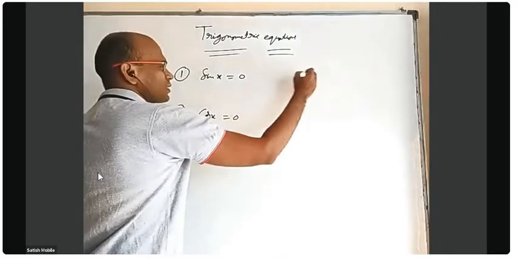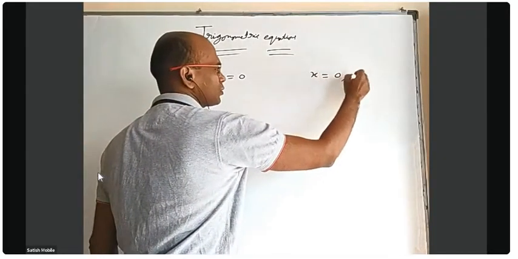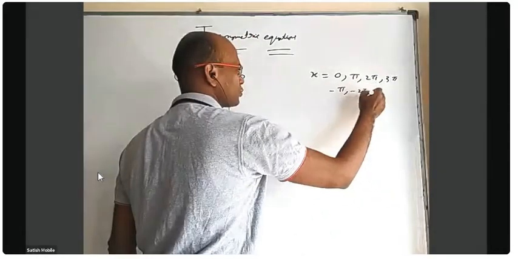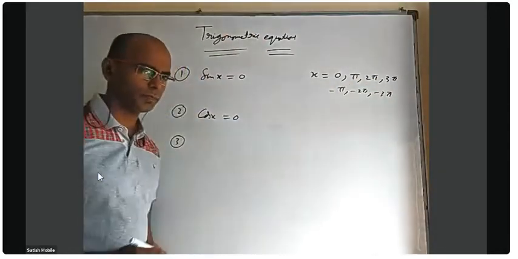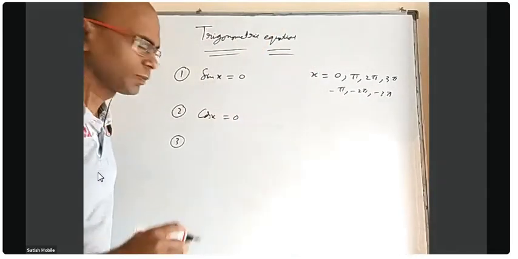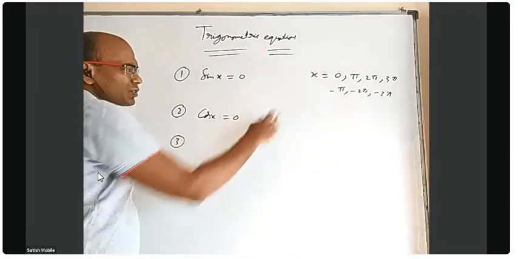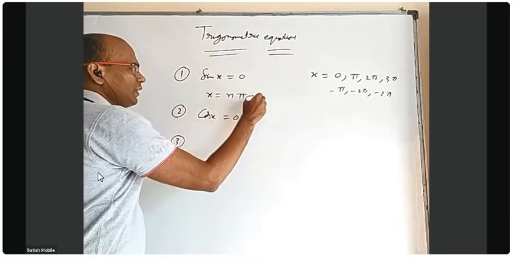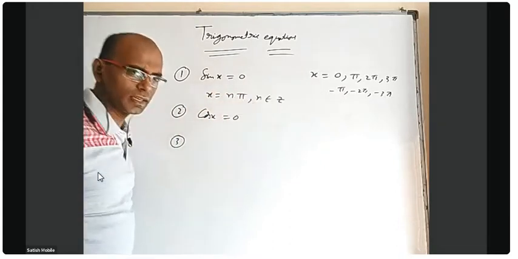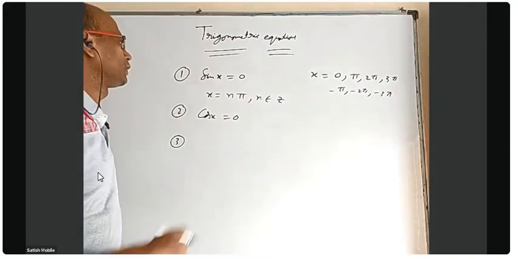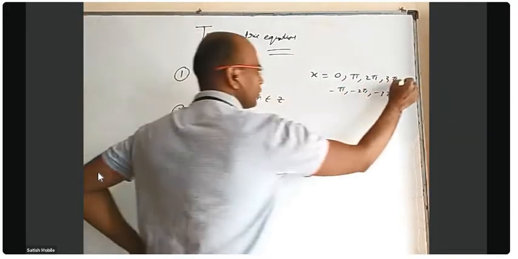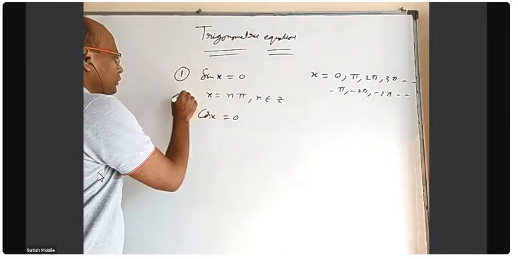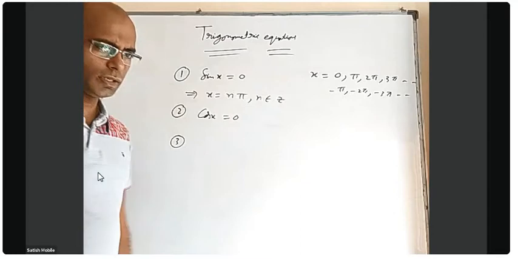So for sin x equal to 0, if at all you want to write in radians, 0 okay, pi okay, 2 pi okay, 3 pi okay, minus pi, minus 2 pi, minus 3 pi. All these are okay. You can go forever, any integer multiple of pi. So if you want to write that solution in general, we can write x is equal to n pi, where n can be any integer. Z is the set of integers. So sin x equal to 0, we have a lot of solutions like this. All of them put together is x equal to n pi, where n can be an integer.